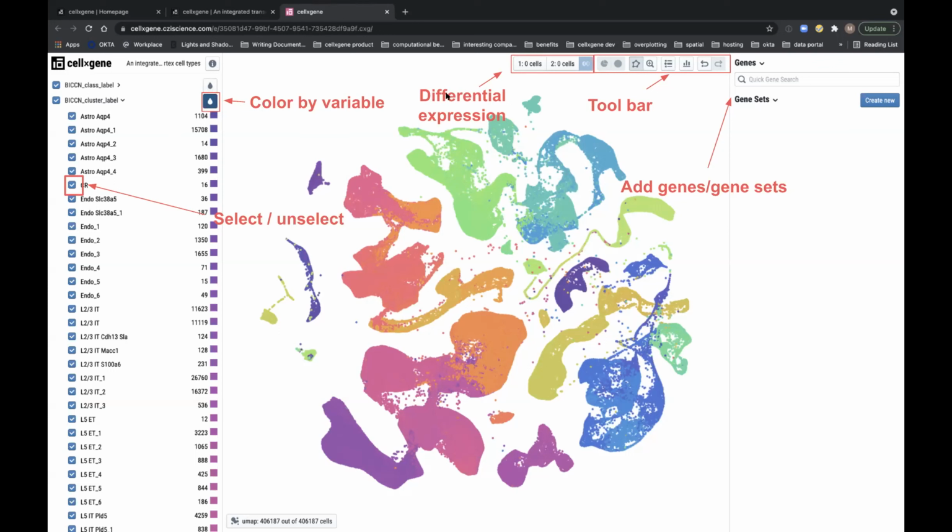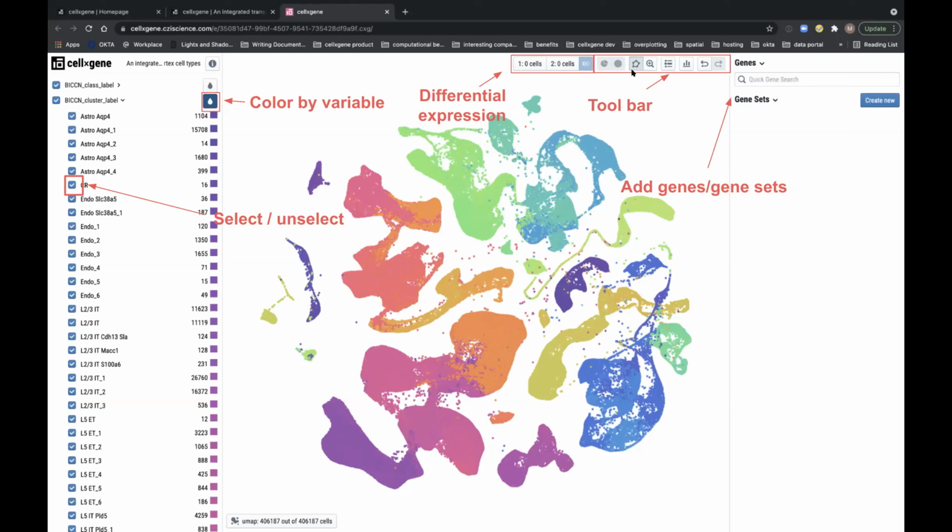We have a differential expression toolbar. Here is where you would set the first population and the second population, essentially like a numerator and denominator. And here's where you would actually calculate that differential expression after you've assigned those populations. Here's a button that we use to create subsets of the data sets after you've made a selection of cells, either based on a categorical or numerical attribute. And here is a button which allows you to reset to the whole data set, which I'll demo all this for you shortly.